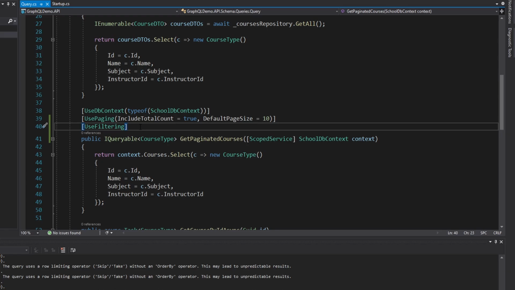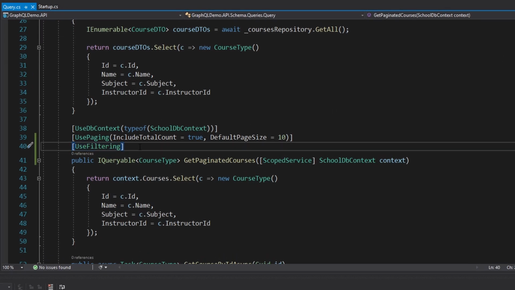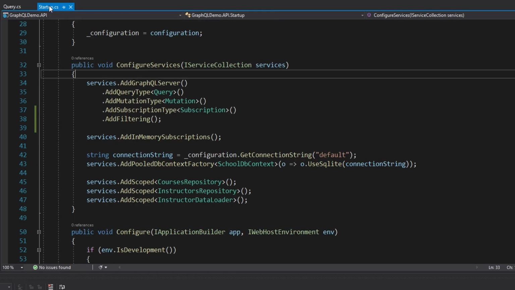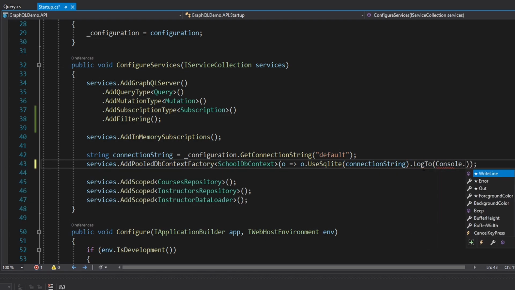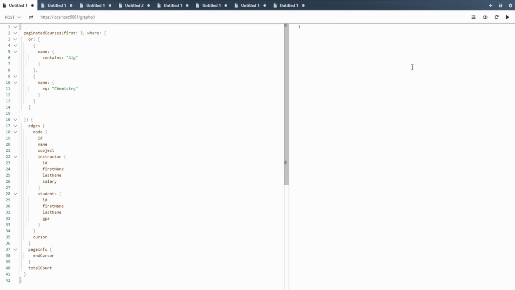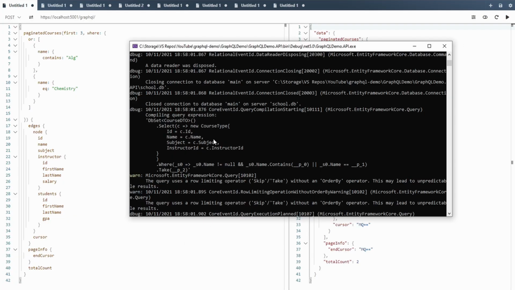these criteria. So just to prove our filtering is getting applied to our database query, we can come into our startup.cs and configure our DB context. So we can log to, and we want to log just to our console. So Console.WriteLine, and now re-execute this. And as we can see in these logs, Entity Framework is considering our filter criteria. So checking if the name contains parameter 0, I assume that's alg, or the name equals parameter 1, I assume